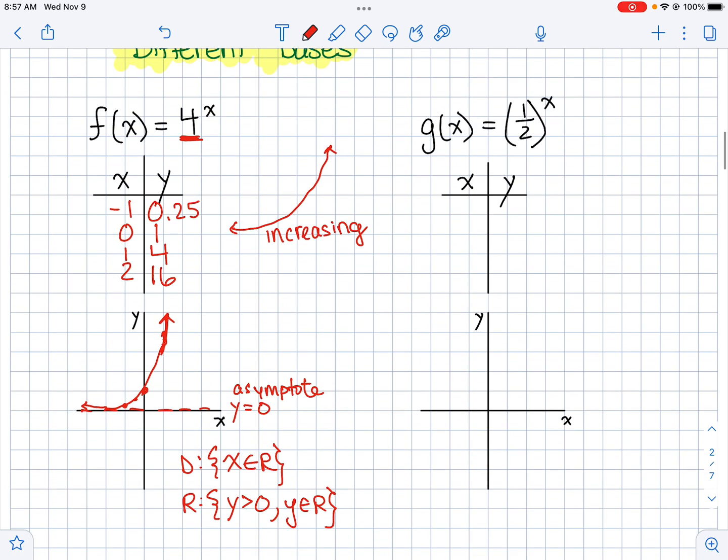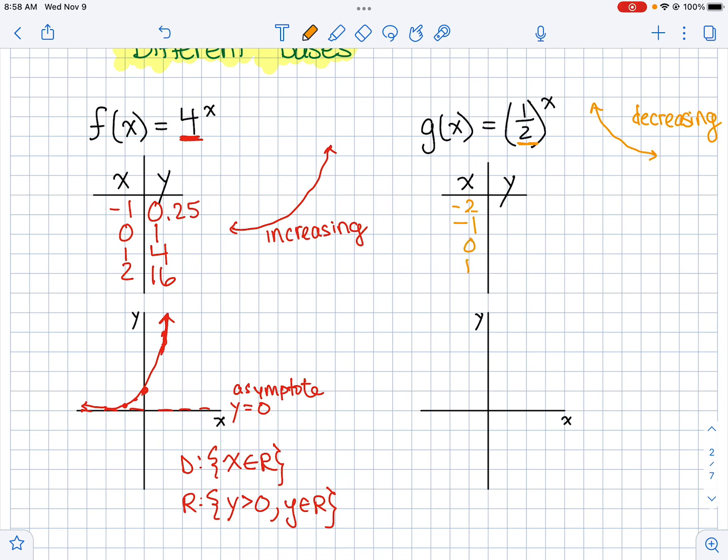So let's just check out what happens if we have a decreasing function. So right away we can see that the base is a number between 0 and 1. So we're going to have a decreasing function. It's going down towards the right. So I'm going to put some more negative values because I know it's going to be bigger in the negative